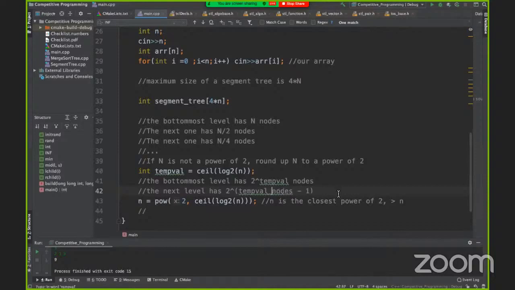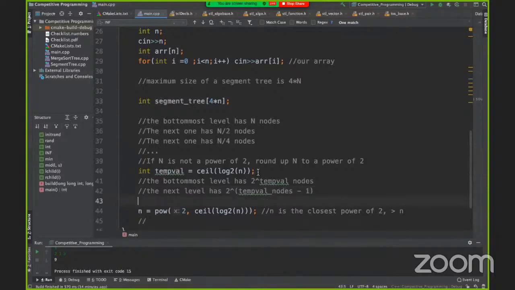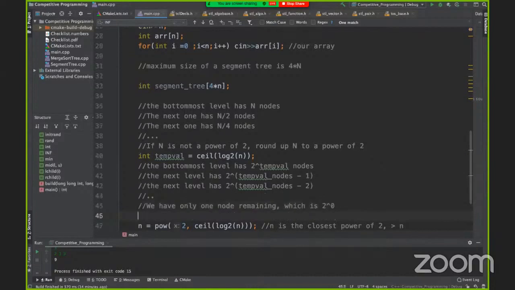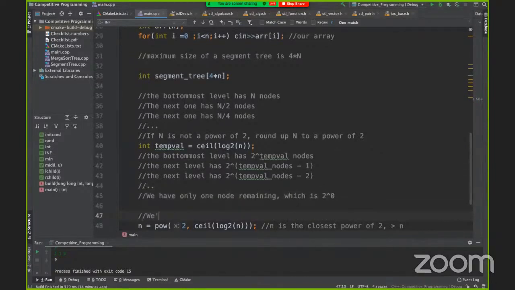Then the next one again is divided by 2, right? So the next level has 2 to the power temp val minus 1 divided by 2, which we can write as another minus 1 here, so minus 2, and so on and so forth, until we have only one node remaining, which is 2 to the power 0.